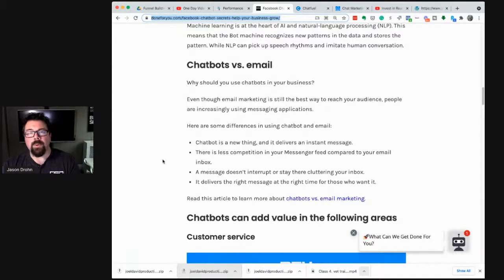Why? So I'm a big proponent of email marketing. We know this. I love email lead generation. I love email lists. It's the quickest way of launching anything. But then we have chatbots over here. So chatbots are,